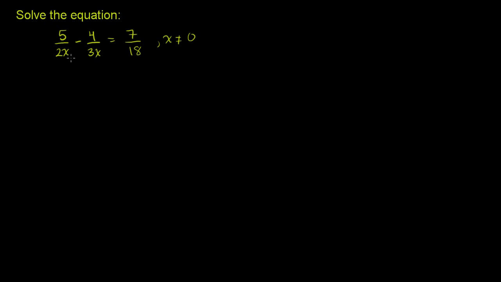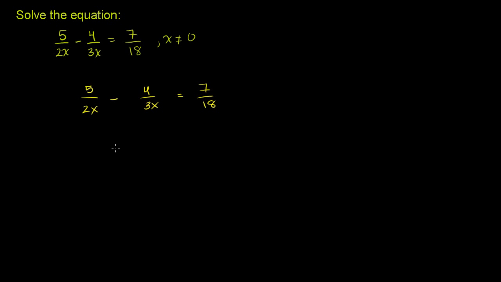A good place to start: I don't like having x's in my denominators. In fact, in general, I don't like having fractions in my equation. So let's see if we can multiply both sides of this equation by some things that will get rid of the fractions. Let me just rewrite it so we have some space. 5 over 2x minus 4 over 3x